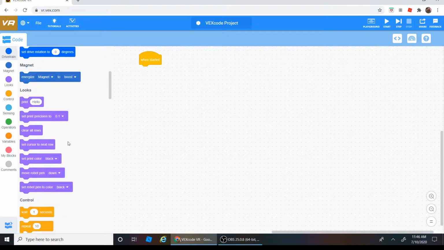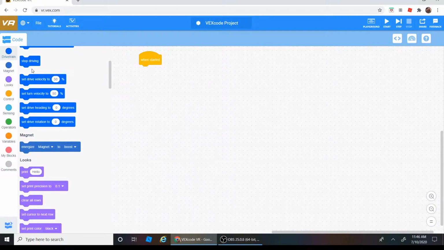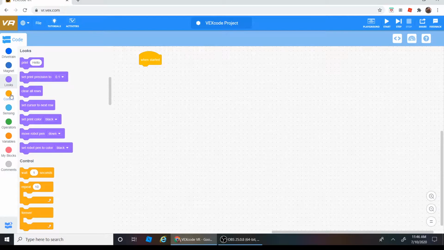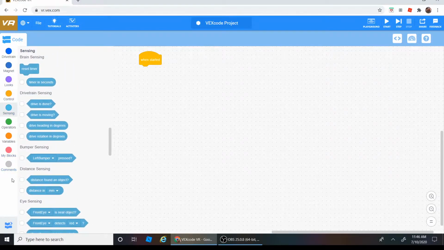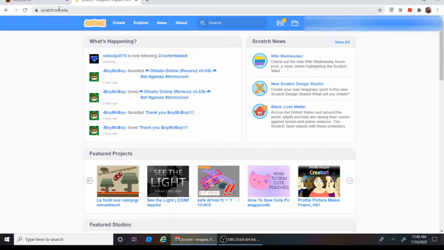I'm going to be teaching you about what all the blocks do, like all the blocks in drivetrain or magnet or looks or control, sensing, and all of these options. So if you know this site called Scratch, it's a place where you can do coding. If you want to go over there, just search up